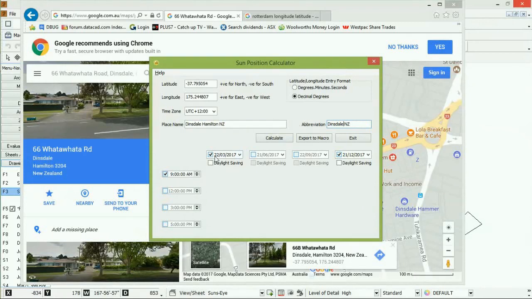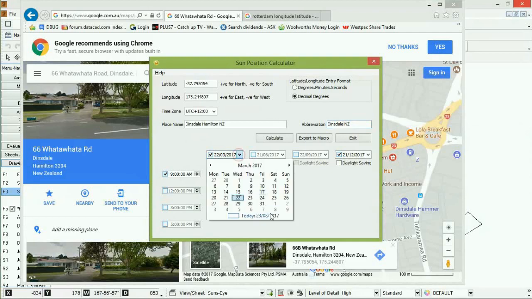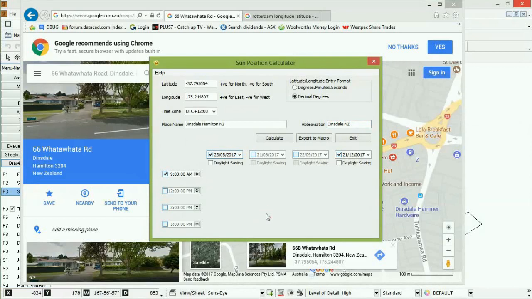So now we've specified the place, we need to specify the when. That's in the bottom half of the screen here, where we've got 4 dates along there and 4 times along there. We can enable or disable any of those, so we can calculate the sun angles for any combination of date and time. We can obviously change these dates. We'll change this one to today, and we'll enable these two while we're at it, and we might as well enable all the times. Just for the purpose of the demonstration, we'll change one of the times, make that 3:15 instead of 3 o'clock. Now if we press the calculate button,